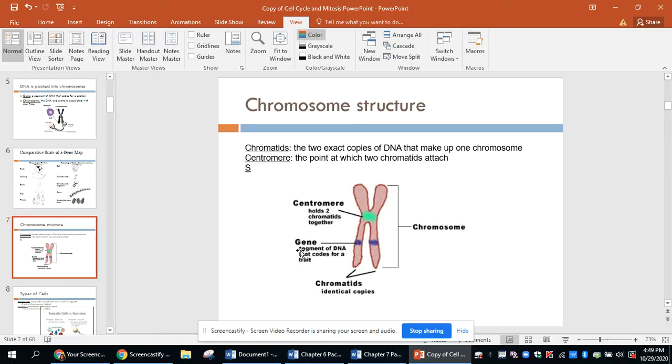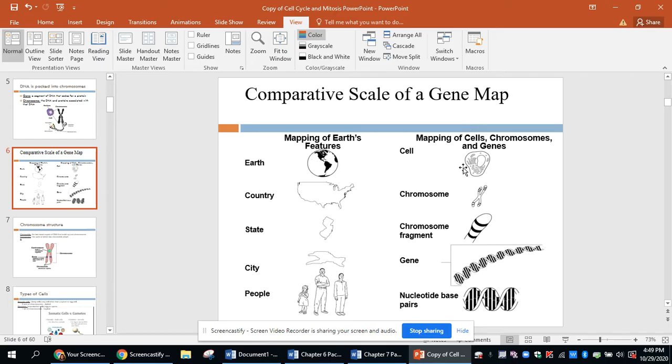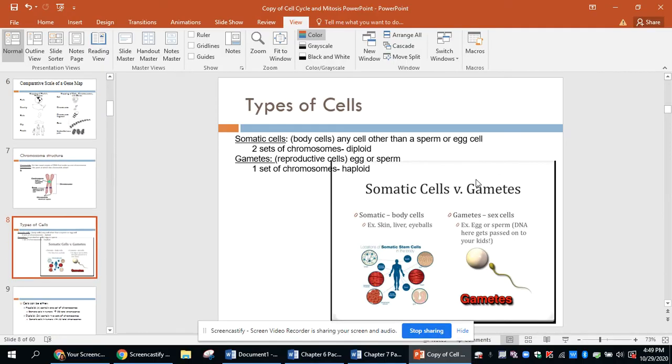And we can see here, this is a pretty good analogy looking at how we have the whole cell and then the chromosome and then parts of the chromosome, and how they relate this all the way down to the DNA, the A's, T's, G's, and C's, people, cities, states, country, and then the whole earth. If you want to compare the letters that make up DNA all the way through the cell and making that analogy. Humans have two main types of cells.